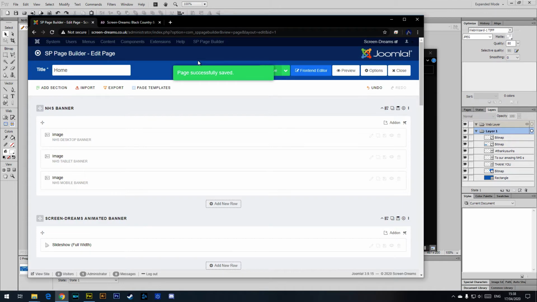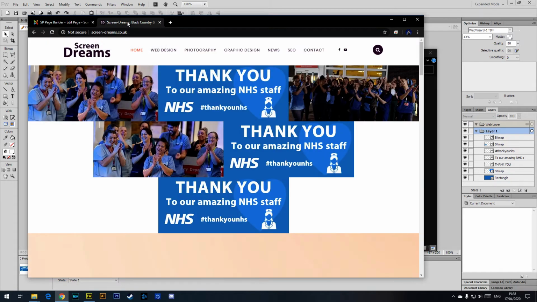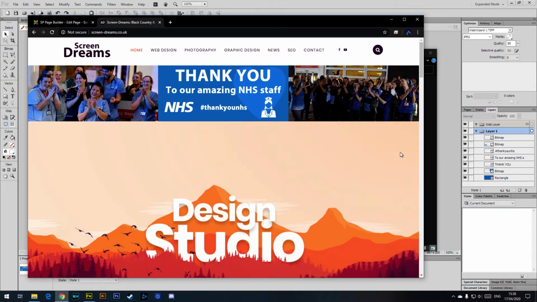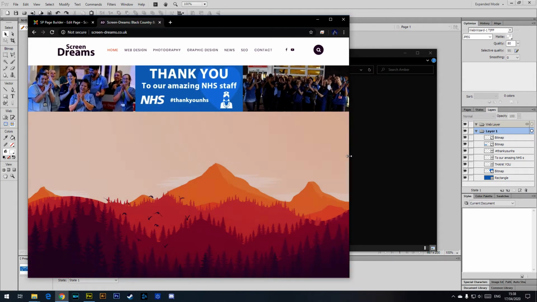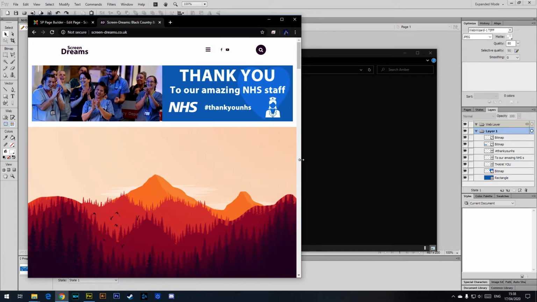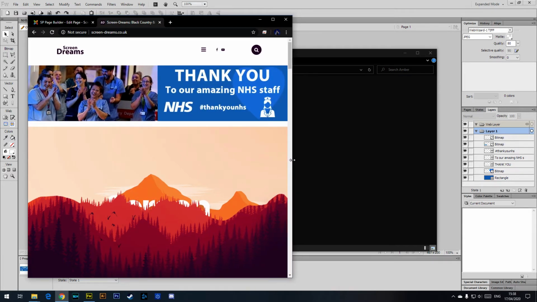Save it, and this will hopefully have the desired effect. If I refresh this page, we're on a desktop, so we're only seeing the desktop banner. Were you to reduce the size of this window, what I'm going to do now is just replicate if you're visiting it on a different size device. As it gets smaller and it becomes less and less legible, at the points that are set within the template for these responsive tolerances, it will change, there you go, to the tablet one. Now the tablet one's actually got a bit of padding on it, so let's